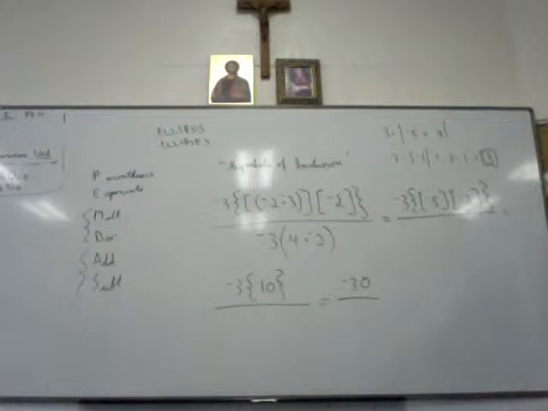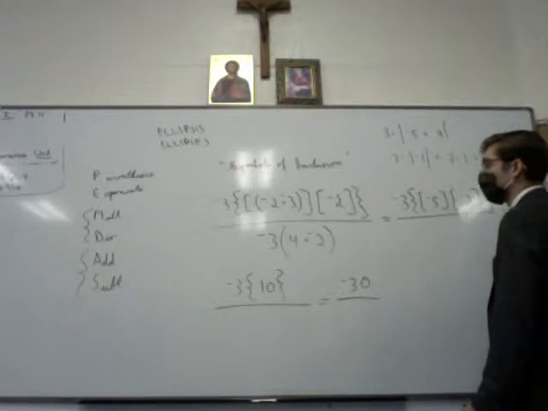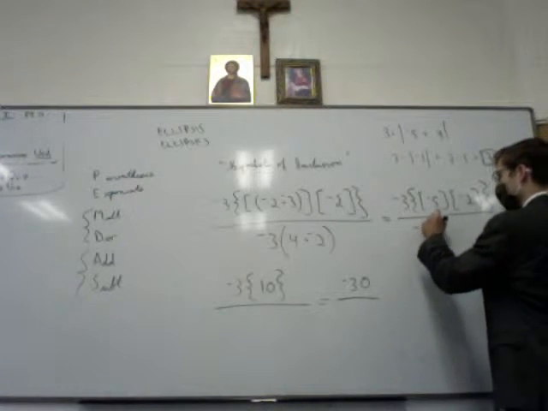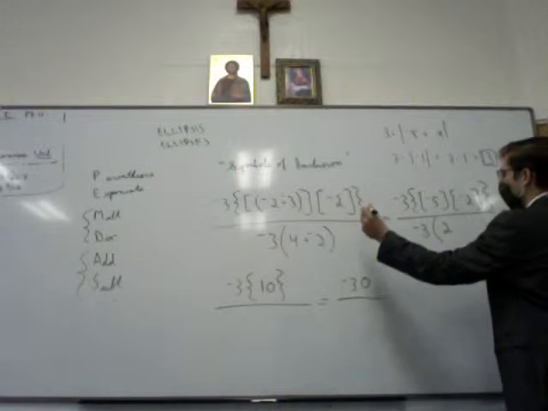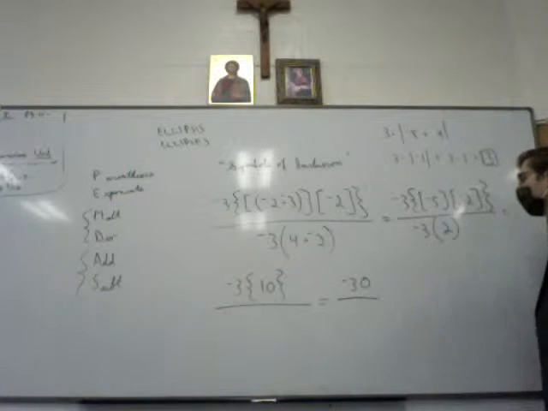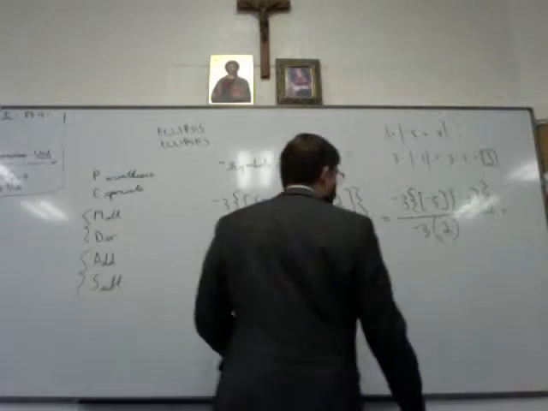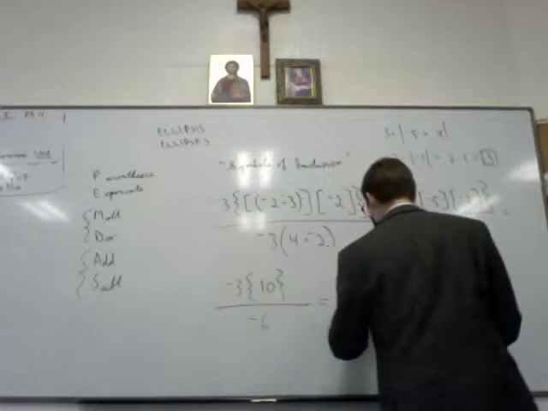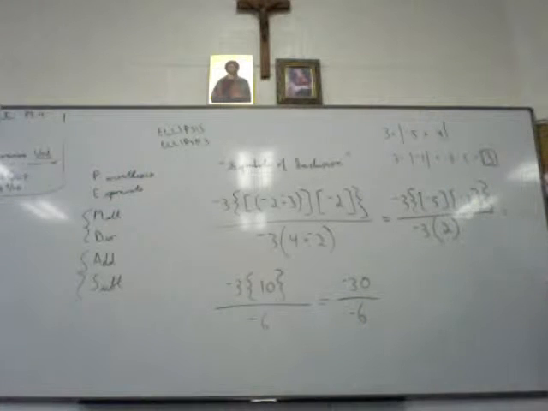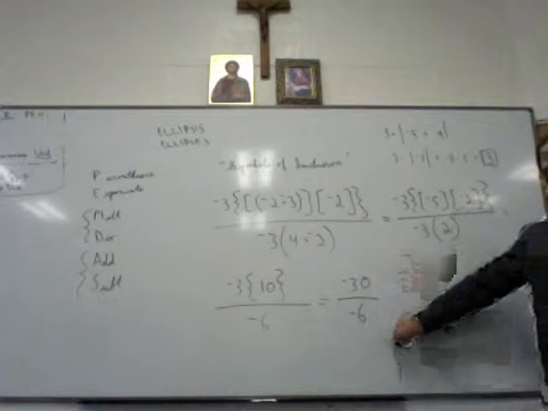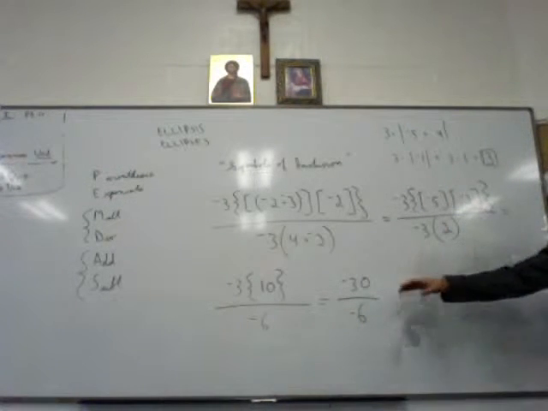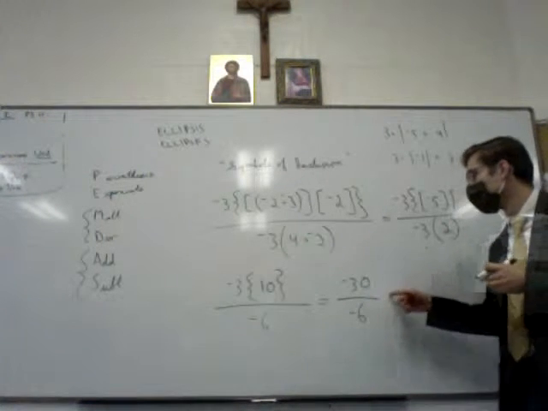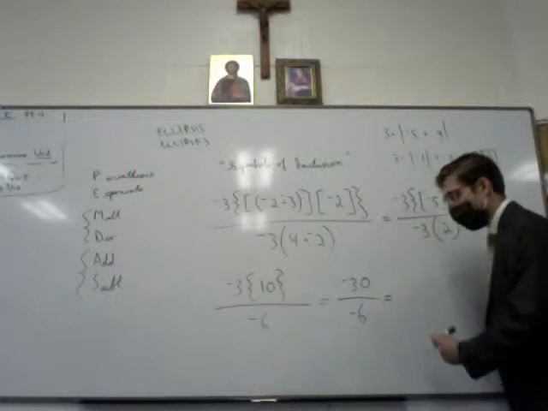On the bottom, 2, what? -3 parentheses 2. Yes, 4 plus -2 gives us 2 there. All right, now what do we do here? -6. -6, all right. Great, we can carry that over. Now that we've simplified the top and simplified the bottom, now we can deal with this dividing line, this fraction here.